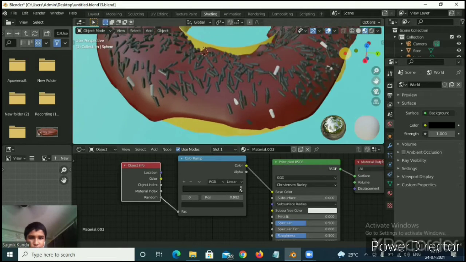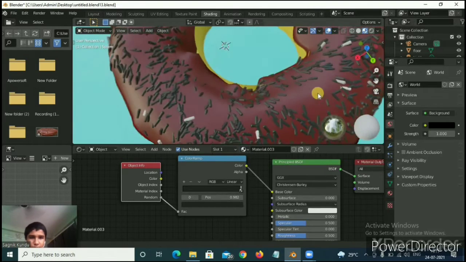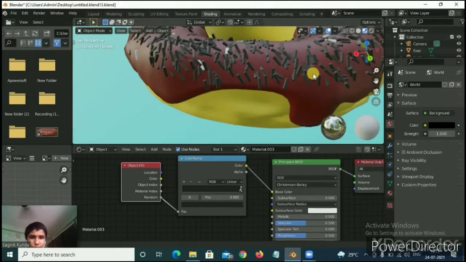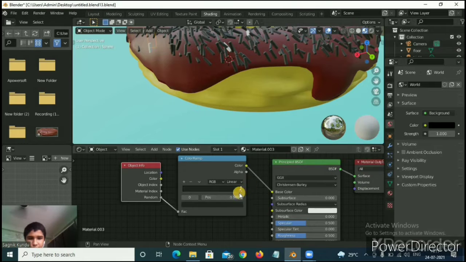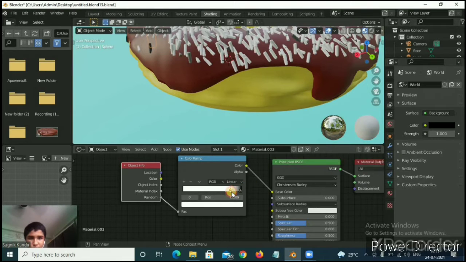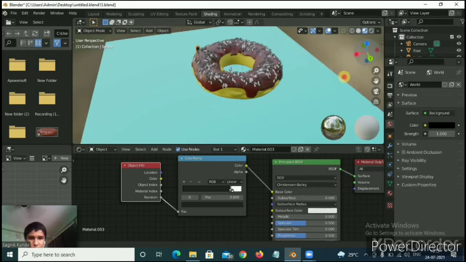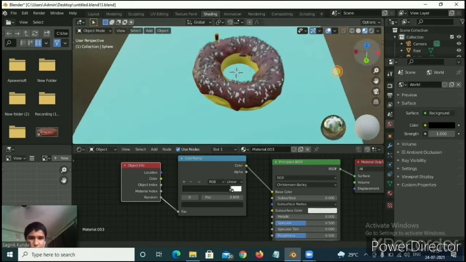This and those are white. If you increase the white there will be more white, and if you increase the black there will be more black. I want like these.